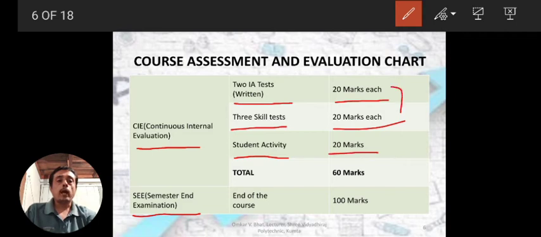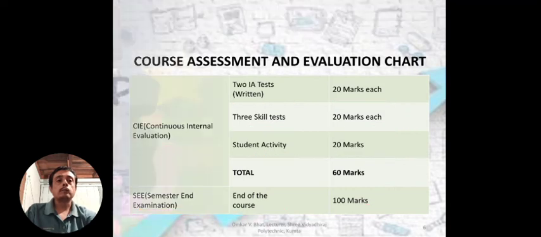So if you add these 3, 60 marks total internal marks. Then as I said, semester end examination. This examination is conducted at the end of the course for 100 marks, and later on this will be reduced to 40 marks. So 60 marks internal, 40 marks end examination marks.